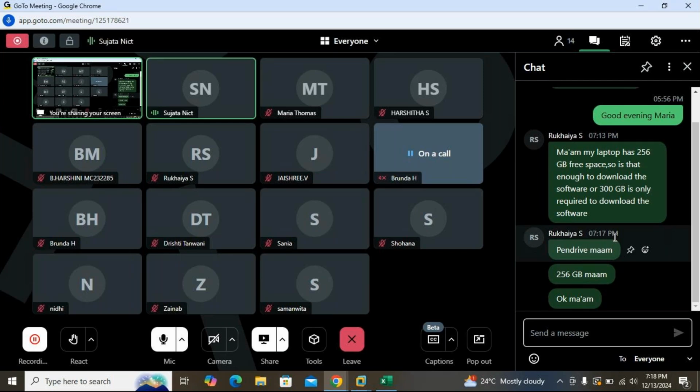Only admin sir can install this. I'll just check and let you know in the group if it is possible. He will tell; if he says it is possible, you can take it. Ma'am, if you have the link of the software, if you share, we'll try whether it is possible to download on our laptop. No, it is not a link. It is software only. Either you can take it through hard disk, or you can install it. But better you install. With a hard disk, if it will not connect, if it will not support your Windows versions, then it will be very difficult.